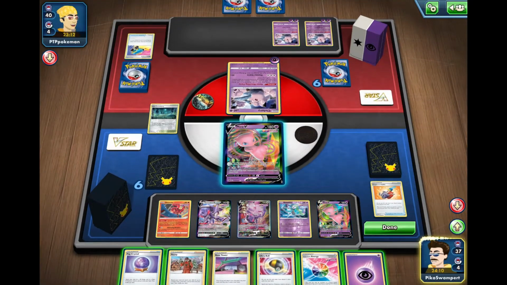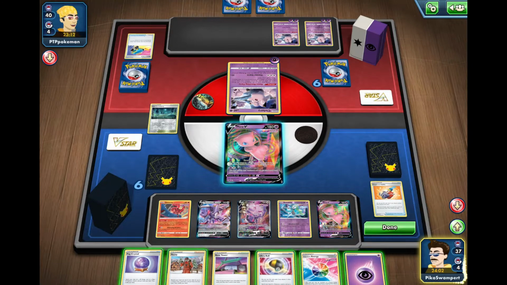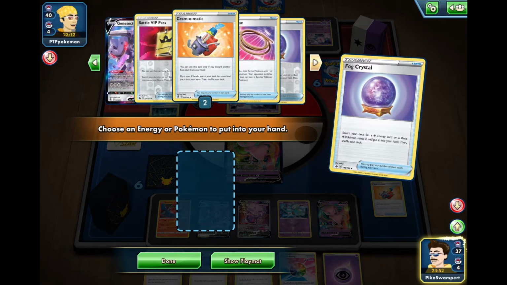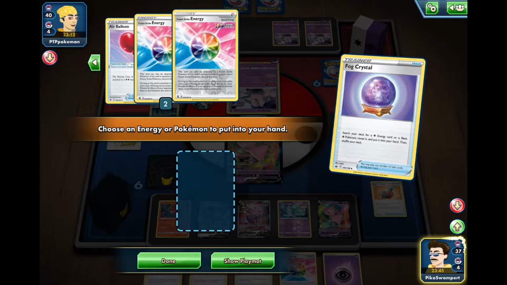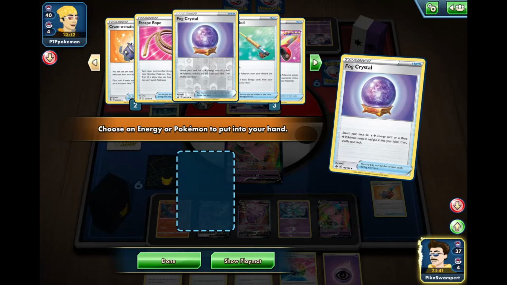Okay, Fusion Strike Energy, Fog Crystal, Ultra Ball. We got it all. That's like a next turn sort of thing, though. So we're looking for the Elesa Sparkle. We can go ahead and Fog Crystal just to search our deck. How many Sparkles do we have? Wow, we prized 2 Sparkles. But we can try and go for, like...